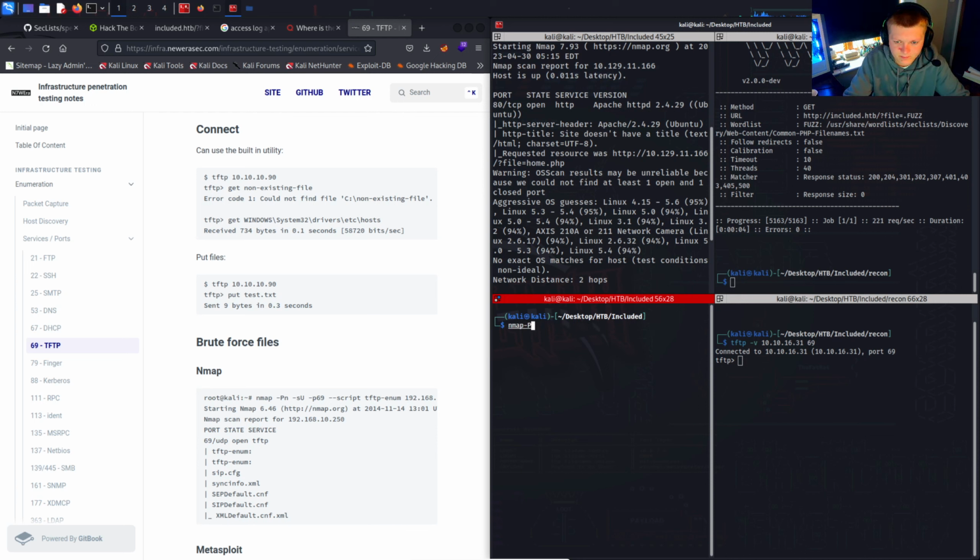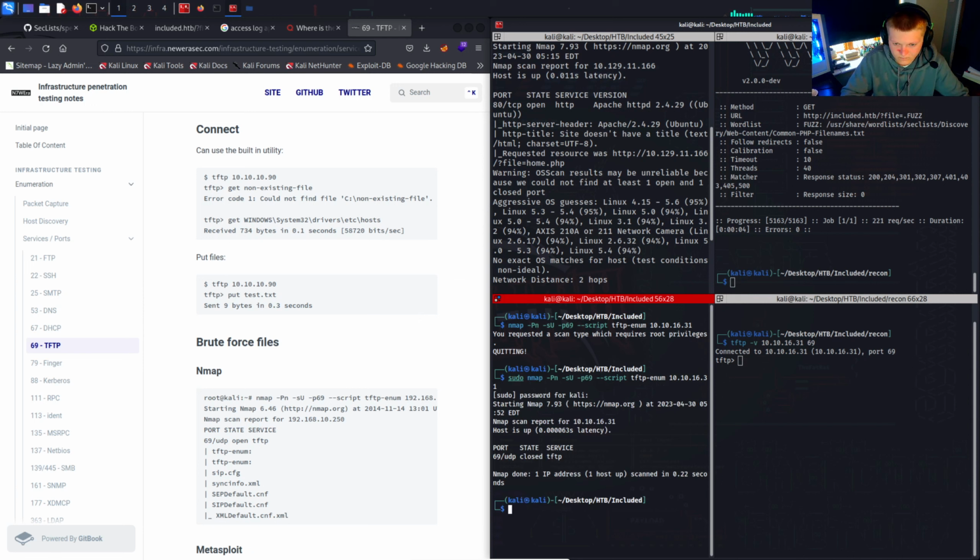Nmap -Pn sudo, port 69, script tftp-enum, 10.10.16.31. That should be good to go. I need to be sudo. And it is saying it's closed because that is my IP, not the box IP. And the same with this. This is my IP here, so why is it